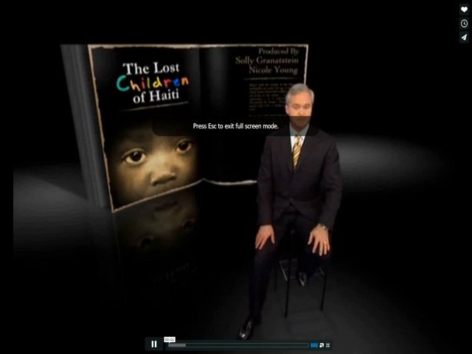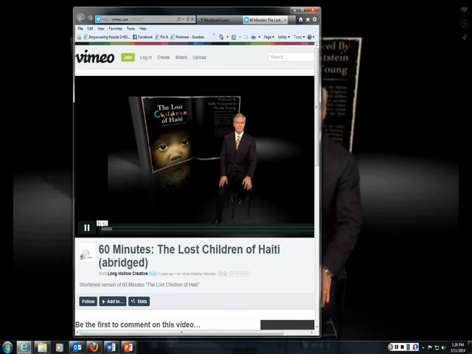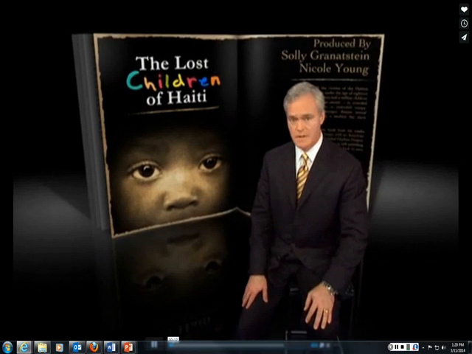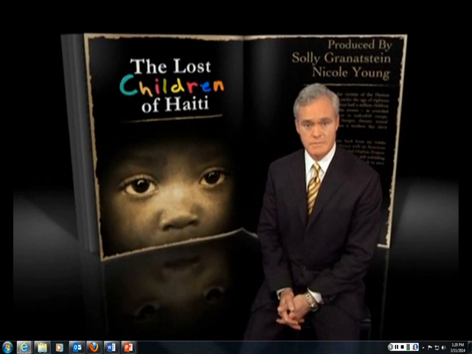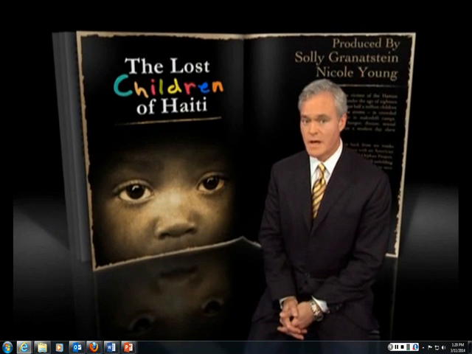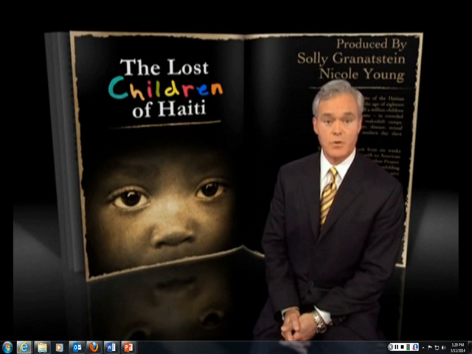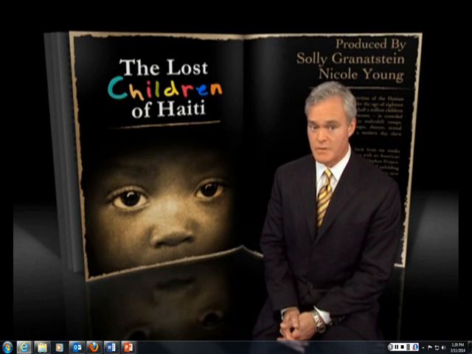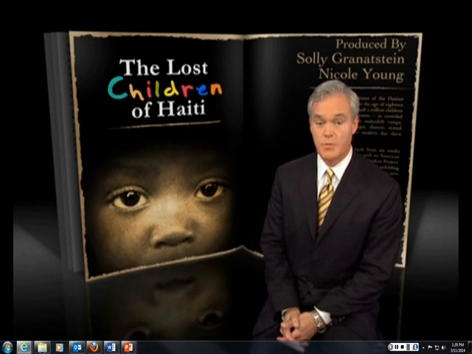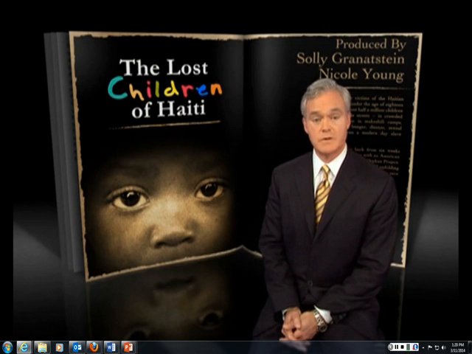Almost half the victims of the earthquake in Haiti are under the age of 18, which means about 500,000 children are still living on the streets, in crowded orphanages, or in makeshift camps. Untold thousands of kids are separated from their families, threatened by hunger, disease, sexual assault, and even a modern-day slave trade. We've just come back from 6 weeks around Port-au-Prince with an American charity called the Global Orphan Project. The catastrophe may have largely dropped from the news, but we found that the emergency is still unfolding as rescue workers race the clock to save the lost children of Haiti.